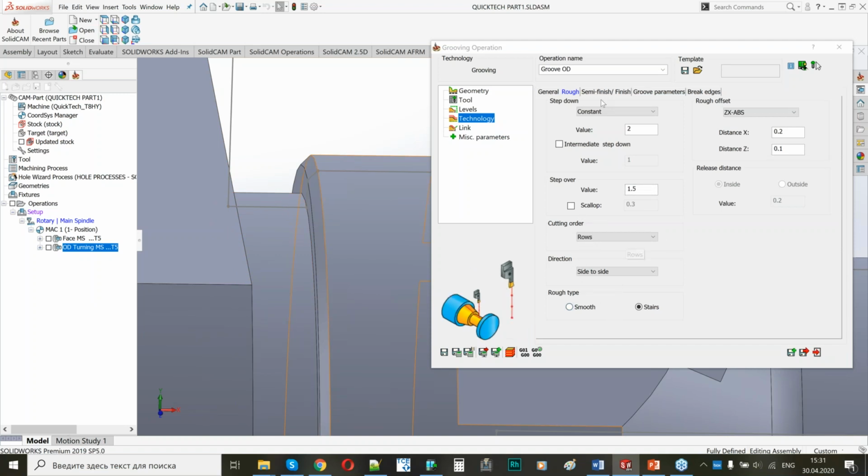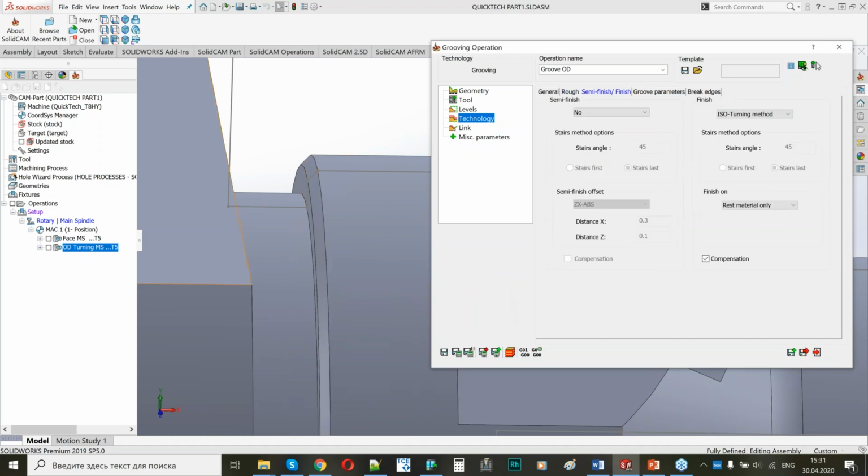You can have all these types of strategies inside the SolidCAM software. Especially, I would like to pay your attention to the types of strategies for finishing. We have different methods. You can apply different types of method according to the functions of your insert. So I will use down only type of strategy and